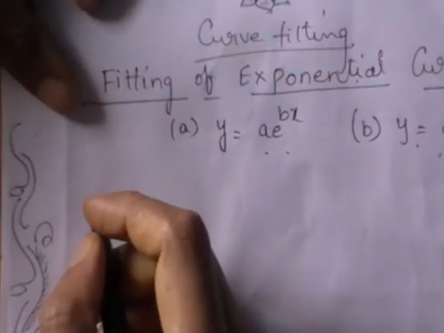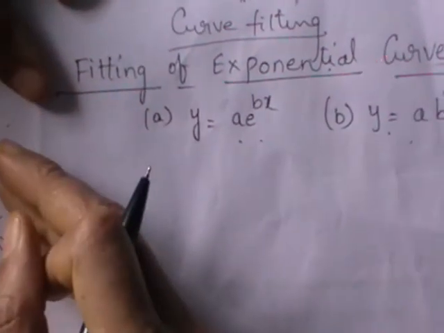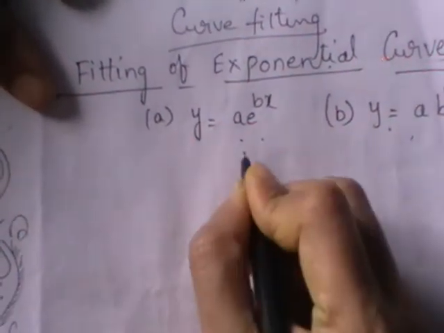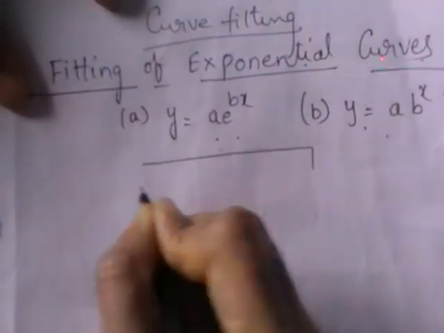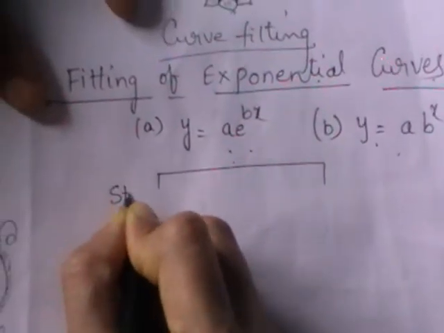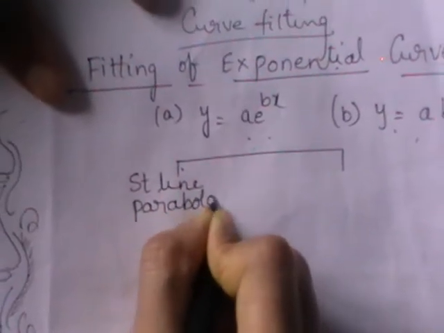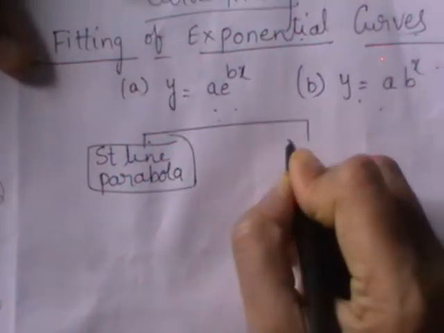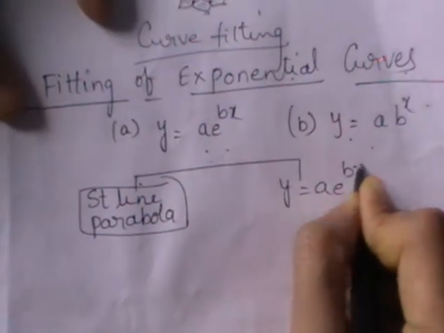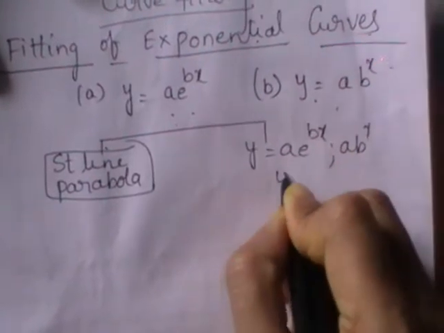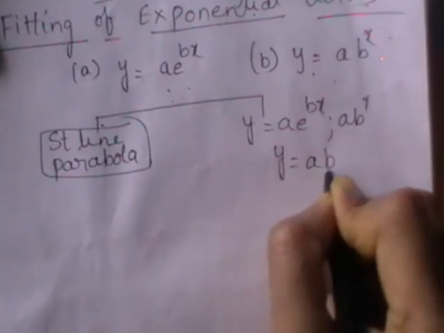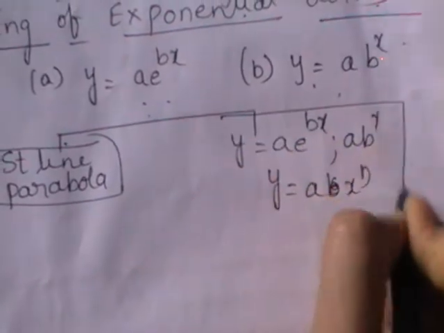Generally, fitting of a straight line and fitting of a parabola is one set under curve fitting, and these three are another one. How many curves have we discussed? The first one is the straight line, and the parabola we have discussed. Generally these two procedures involve the same steps. Here exponential curves and power curves, this is the next upcoming one. Power curves are another set. So you have 5 curves together, 1 2 3 4 5. These three procedures are a bit similar, and these two are similar.